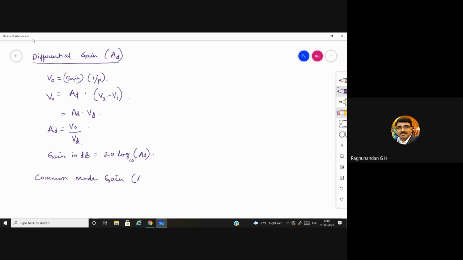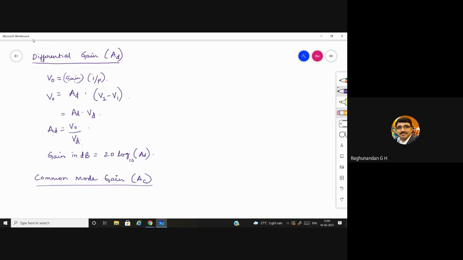Yesterday, while discussing the common mode rejection ratio, I was telling you about common mode signals, which are the unwanted signals getting added to both the inputs. Because of such unwanted input signals, there is some gain which is getting added up. Actually, this AC is also unwanted gain only. We require just AD, but because of the common mode signal, some extra gain is getting added up, and that gain is with respect to the common mode signals. So we need to find the common mode gain.